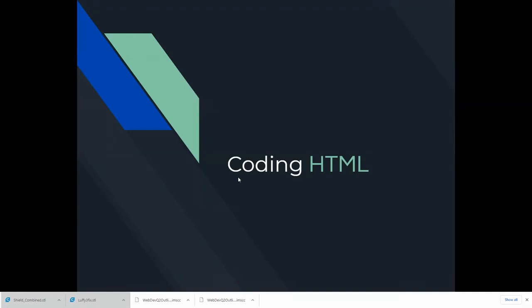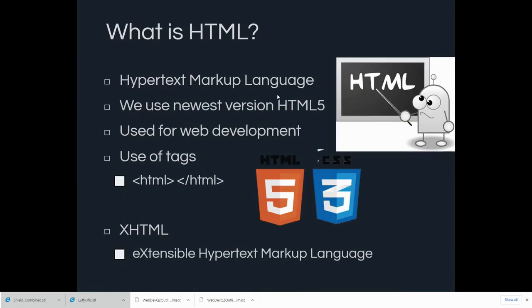All right, in this video, we're going to be talking about just coding in HTML in general and understanding what HTML is. HTML stands for Hypertext Markup Language. We use the newest version of HTML, which is HTML5. HTML is used for web development,